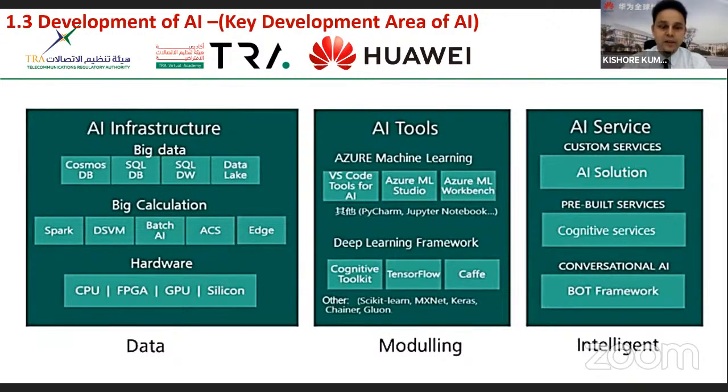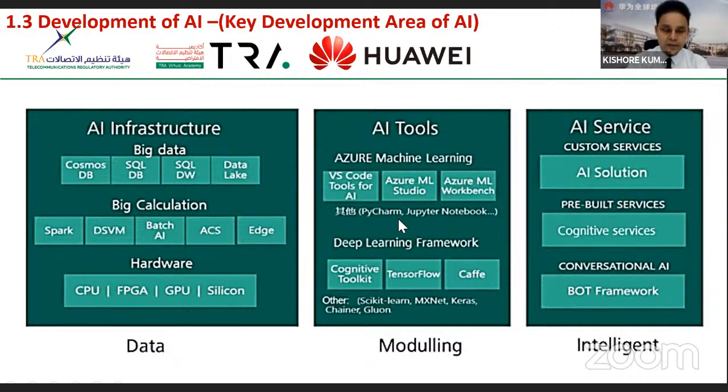On the left-hand side, we have data architecture, then modeling architecture, and last, the intelligent architecture. Remember, as I said, if we view artificial intelligence as a vehicle, then you can think of big data as its fuel. At the first-hand side, we have the AI infrastructure, the data infrastructure. So we do data aggregation and data processing, and it requires distributed storage for storing and processing them. And that's a whole big story, how we process our big data in a big data platform.